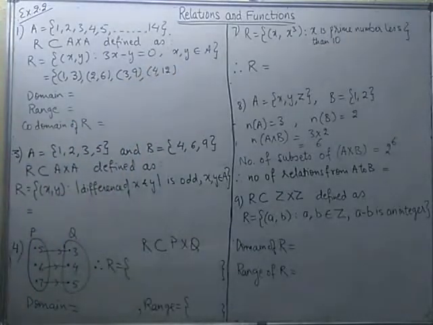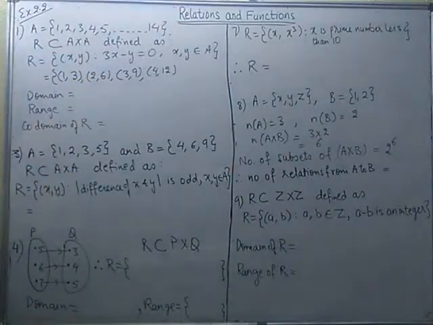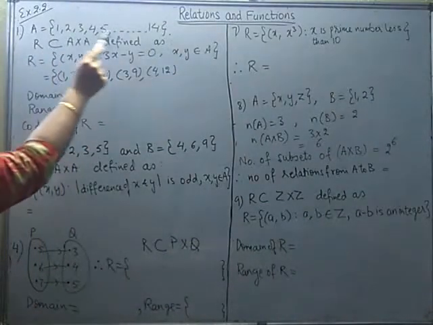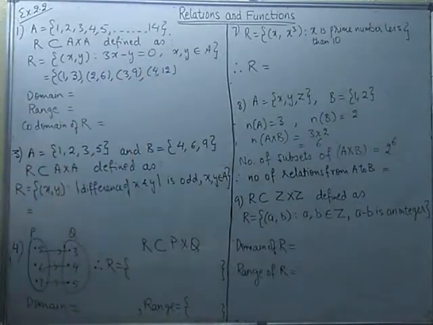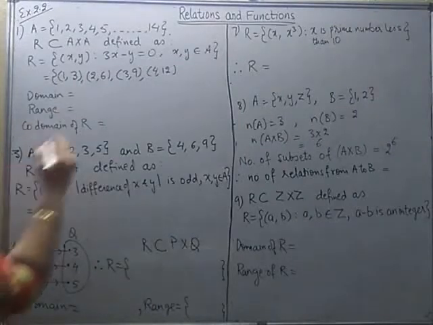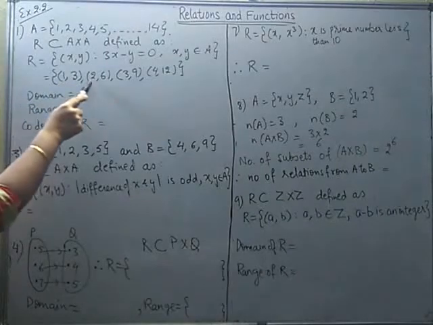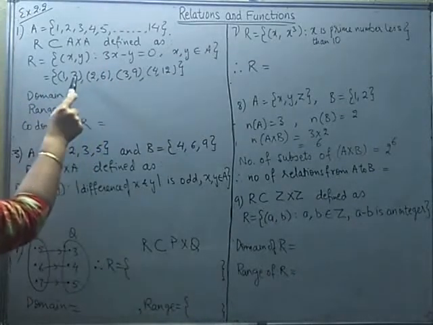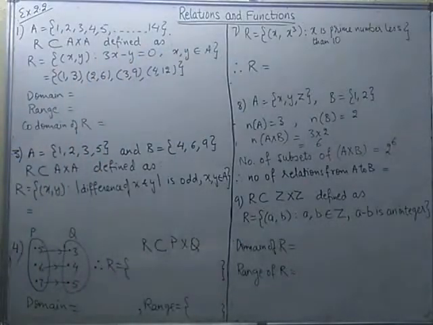Now, can we replace X by 5? The moment we replace X by 5, Y comes out to be 15. But 15 is not part of the given set. And it is already mentioned X and Y both will be from the set A. So, we cannot assign the value 5 to X, and not even the other numbers from set A can be assigned to X. We can assign only 4 values to X and get the corresponding values of Y such that they both are from the given set A. So the set relation is defined.